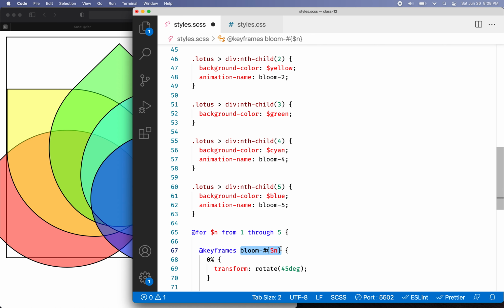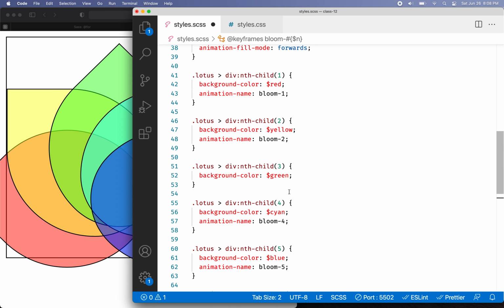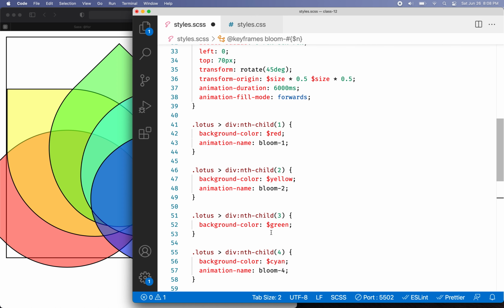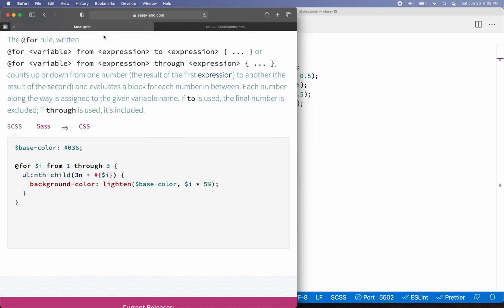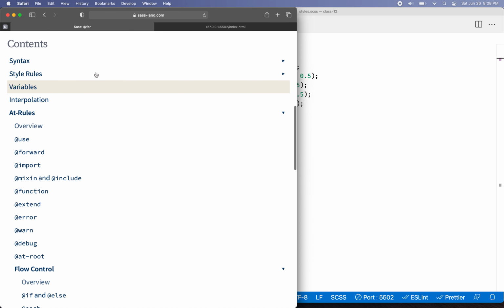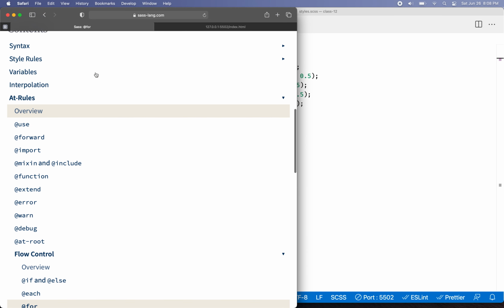Now there's one other thing that you'll need to do. Since the colors here are different for each one, you'll need to figure out a way to put the colors in there, right? And you can do that a couple ways. You could change the colors here and give them numbers like color 1 through 5, right? Another thing that you could do is you could create a list,